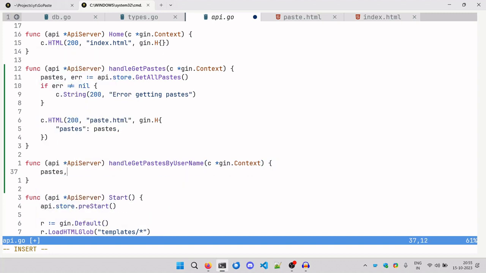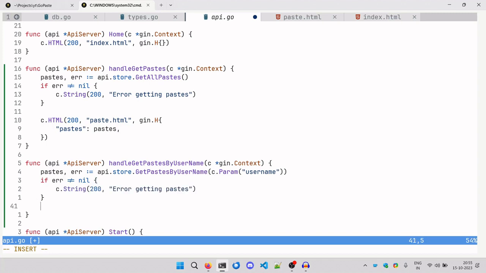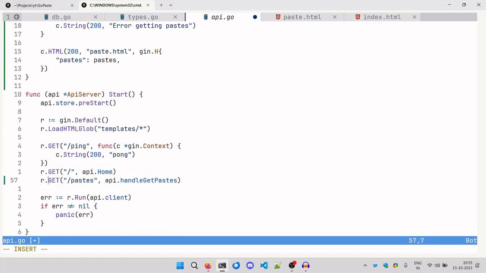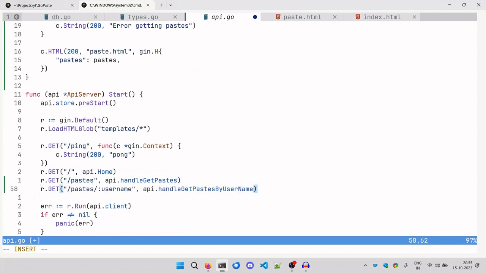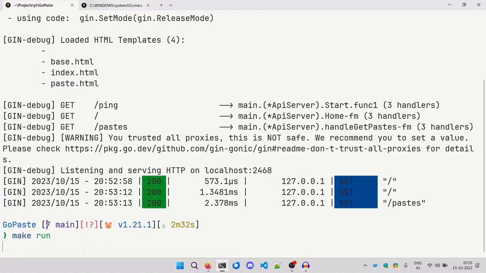Handle get pastes by username. Right, and hopefully you see a pattern in the way I'm writing code here. So user pastes and error is c.py. Yeah, if there's an error, say repeating pastes, and if not, you return pastes. And there you go, and we go. Yeah. Now hopefully, when I restart the server,